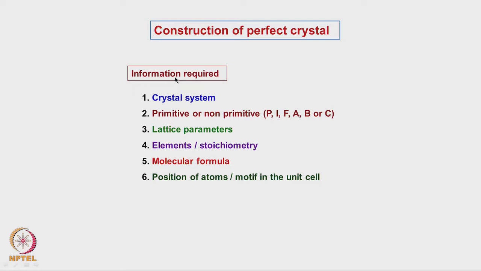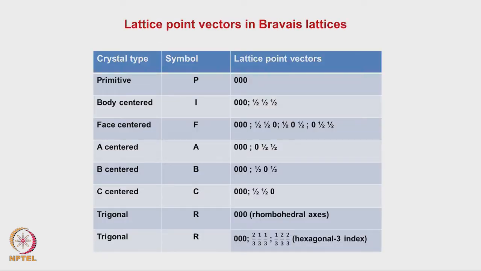If all this information is available, then we can construct a crystal looking at the Wyckoff position table which is given. The other one which is available in the International Union of Crystallography is the symmetry diagram, a two-dimensional representation of symmetry, and also the position of a motif or an atom if you put it at a general point, how it is distributed, okay. But this Wyckoff table is the one which is most important as far as construction of crystal structure is concerned. We will go into it in a little bit of detail, okay.